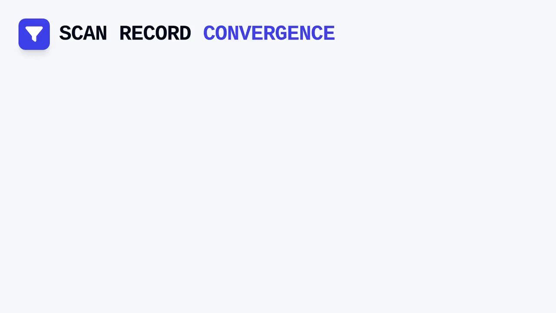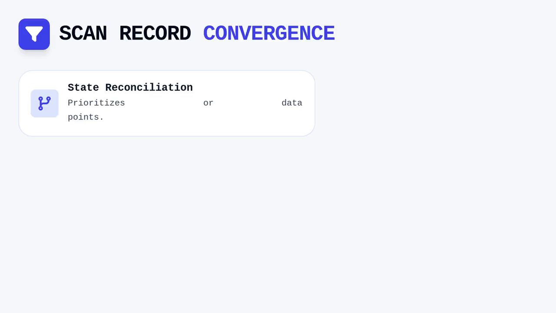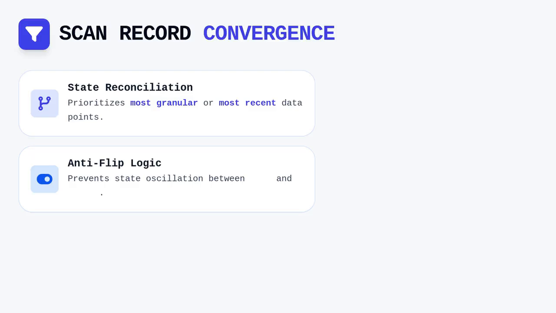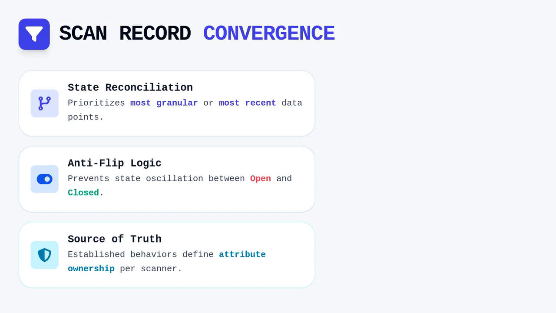Another layer of control involves managing historical scan record convergence and update frequencies. When findings overlap across different scanning tools, we apply state reconciliation rules that prioritize the most granular or the most recent data point. This ensures that the system does not constantly flip the state of a record back and forth between closed and open if two scanners disagree on the patching status. We achieve this by establishing consistent tracking state behaviors that define which scanner holds the source of truth for specific